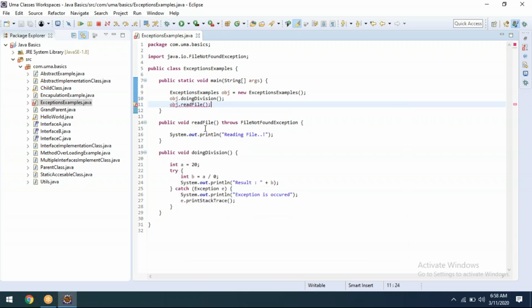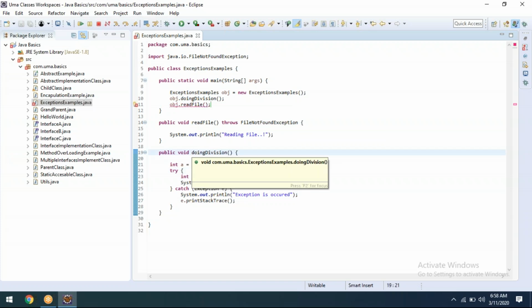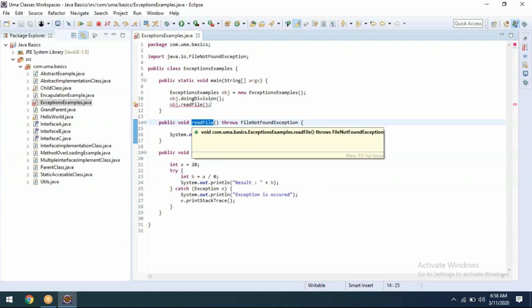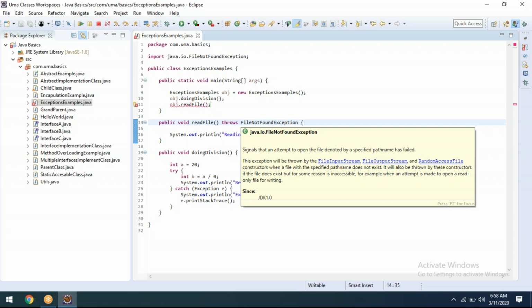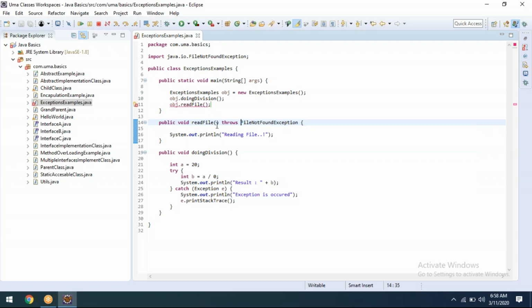Now see, if I call this read file, I get an error message. If I call this try catch, there is no error message, as this is doing division. The reason is whenever we declare a method with any kind of exception, then while calling this method we also have to handle that. This read file method has the throws, and we are calling the same method inside the main method.